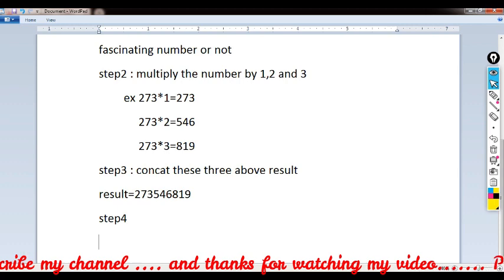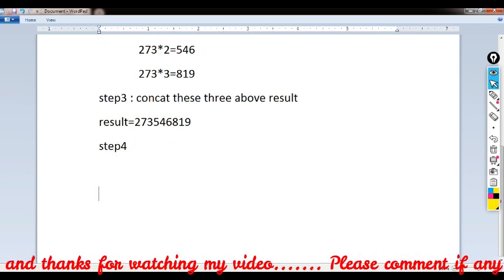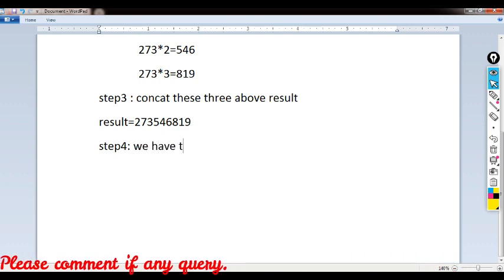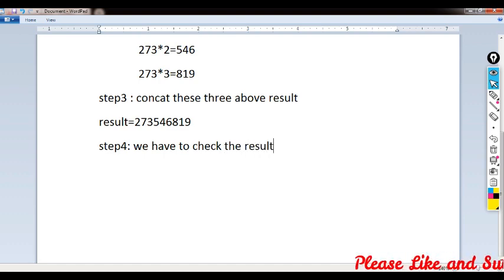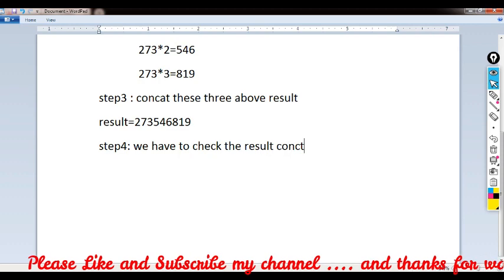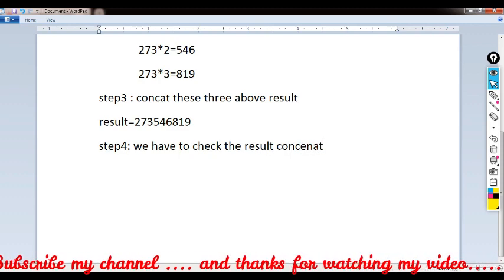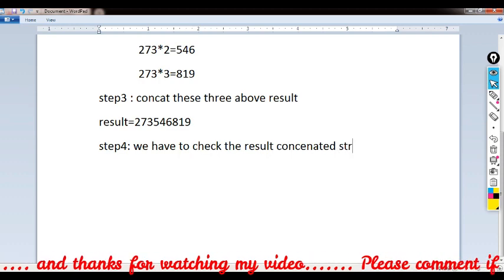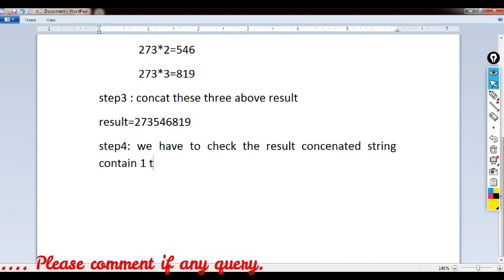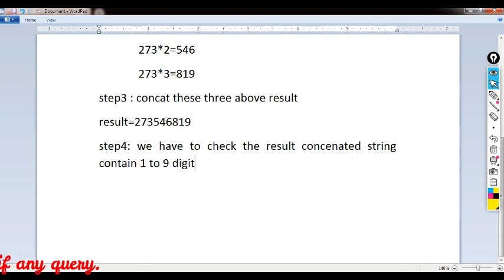Step 4. We have to check the result. We have to check that the concatenated result string contains the digits 1 to 9 only once.